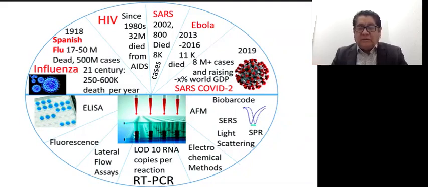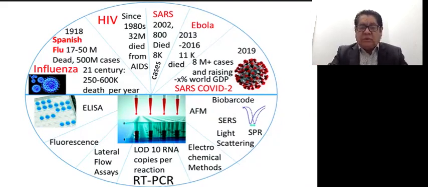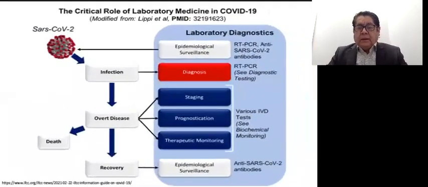there were tests to detect antibodies and antigens by ELISA, fluorescence, flow assays, and then the PCR technique. But years before, in the plague pandemic, only bacteriological cultures were the primary diagnostic tools for the laboratory. COVID-19 is the latest biological hazard to assume the prevalence of an insidious worldwide threat.